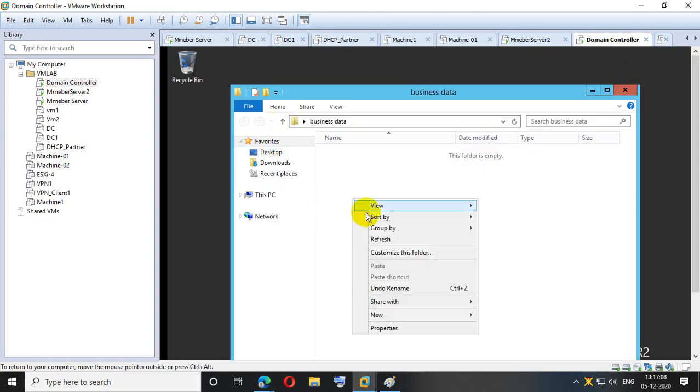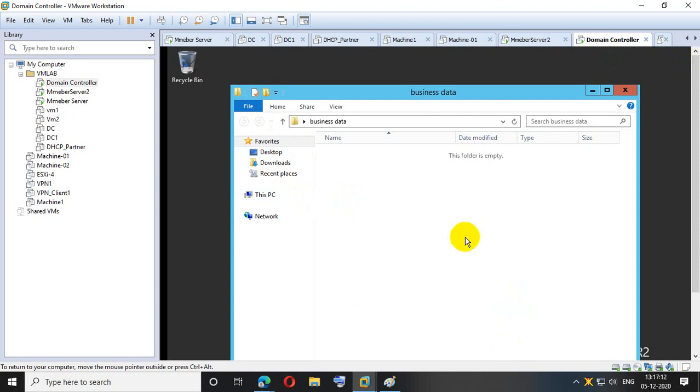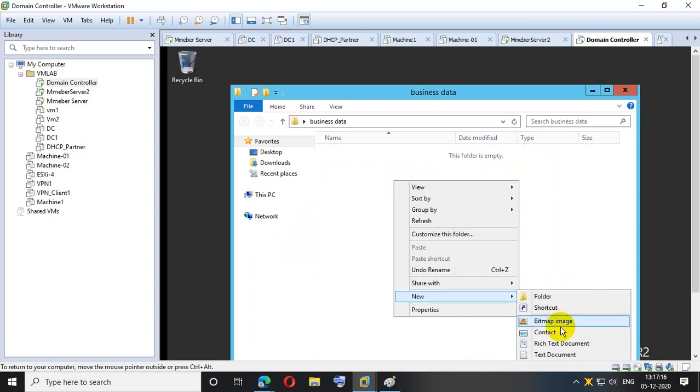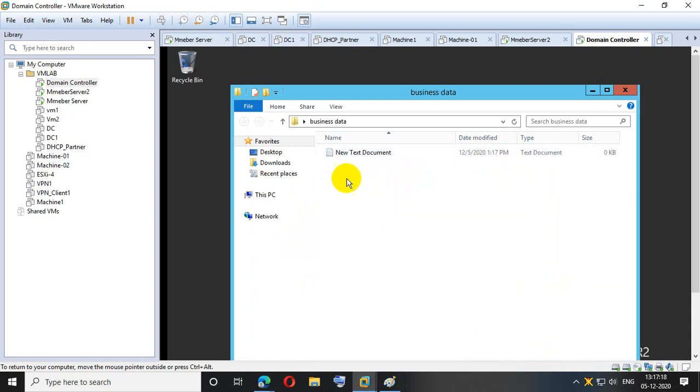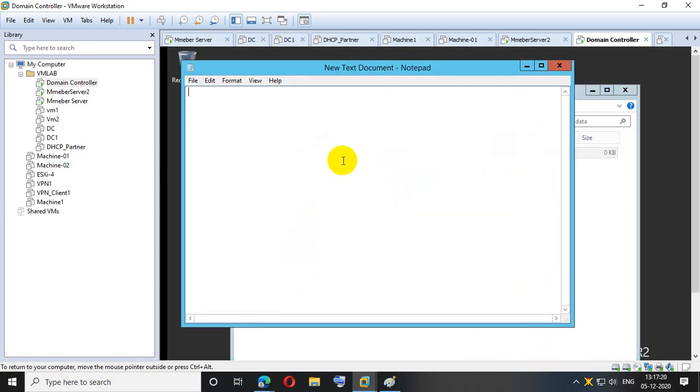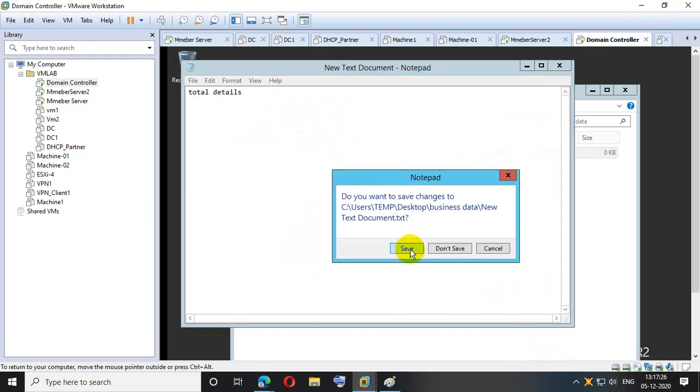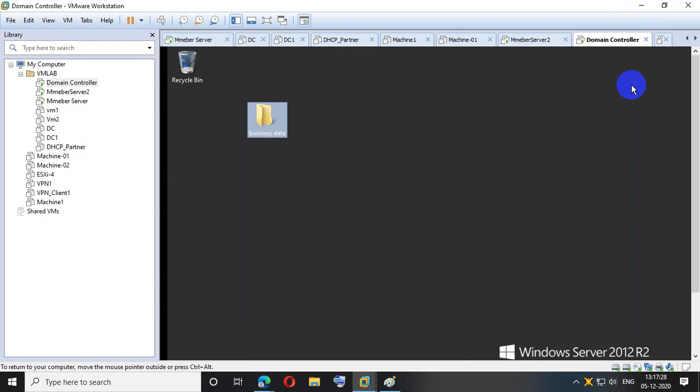Under there I am creating one more. Okay, so I'm going to save it. Perfect. Now I'll show you that when Mantesh logs in to another machine, this folder will be available on the desktop.